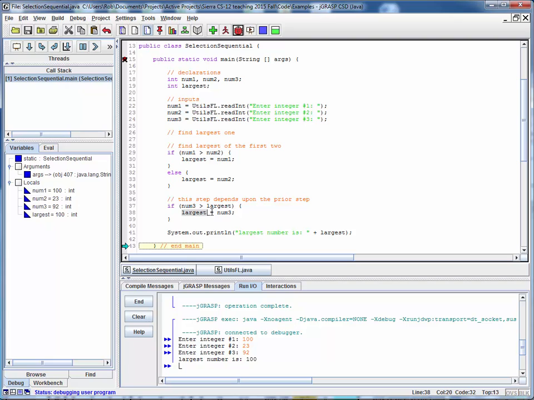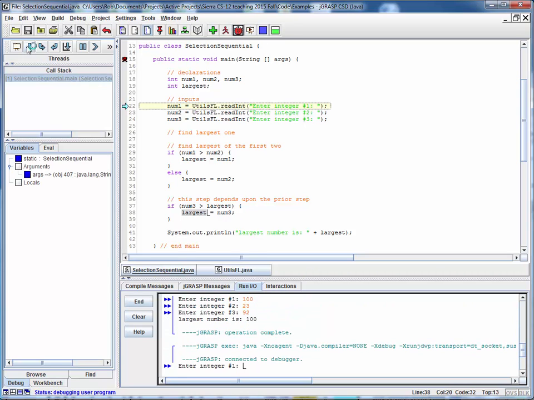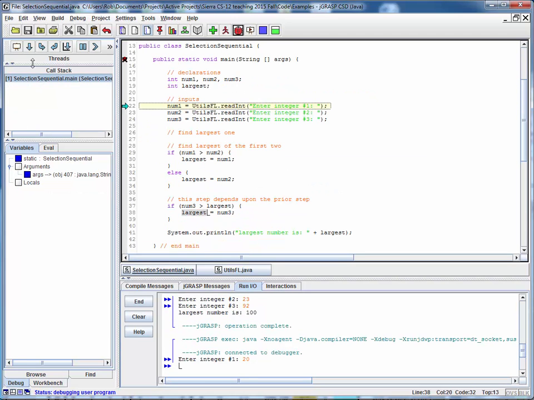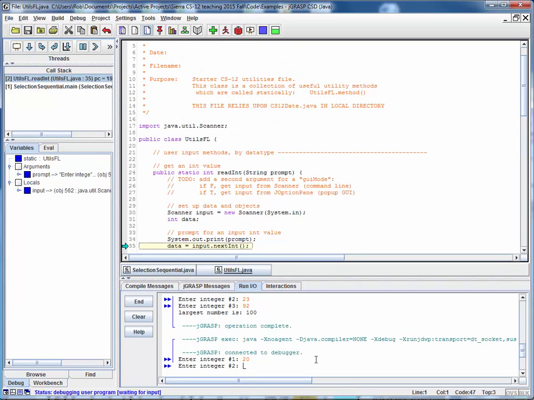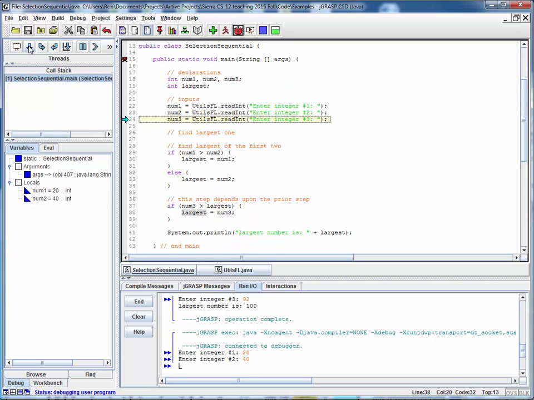Just for grins, before we leave this example, let's run this again for another set of data, and maybe we'll pick a set of data which will have the numbers in strictly increasing fashion so that all of these branches of code are exercised. So let's run this one more time, and let's pick values. Let's say 20 and 40 and